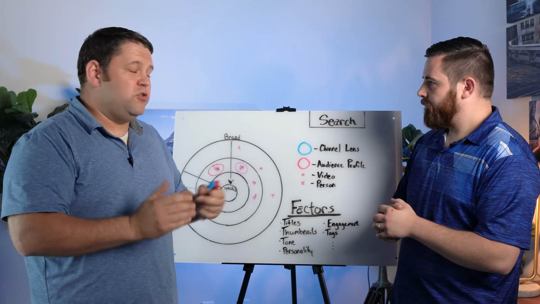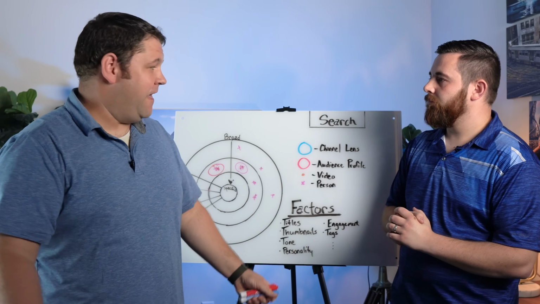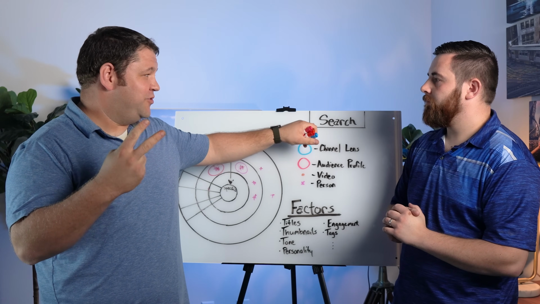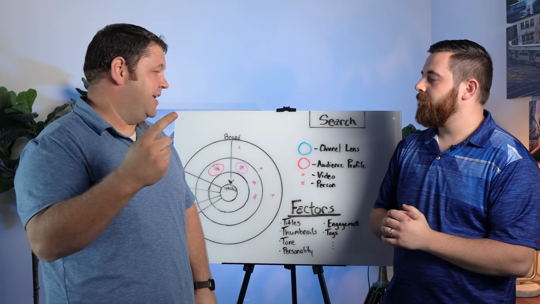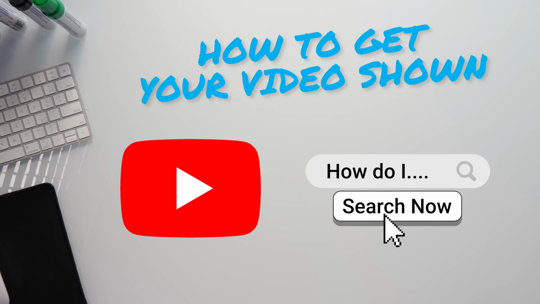With search, YouTube's just trying to find the video that seems to be the best fit for what somebody typed into search. And YouTube is the second biggest search engine on the planet, and YouTube videos regularly show up in the number one biggest search engine on the planet, Google. So when we make a video that directly also answers something that people are likely to search on the internet, our videos get shown no matter how small our channel is.